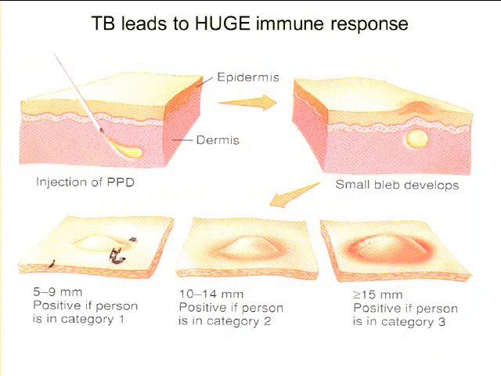All right, TB will lead to a huge immune response, and so the people that have TB have a very powerful antibody synthesizing reaction that's occurring inside their bodies. So the PPD test is really a marker of that immune response. And what they do essentially in the PPD test, and you guys have all had this, right? You still have to have it? Yeah. Every year? Yeah. So essentially they come under the skin and they inject the PPD tuberculin antigen.